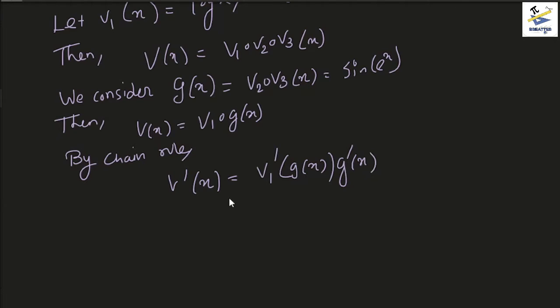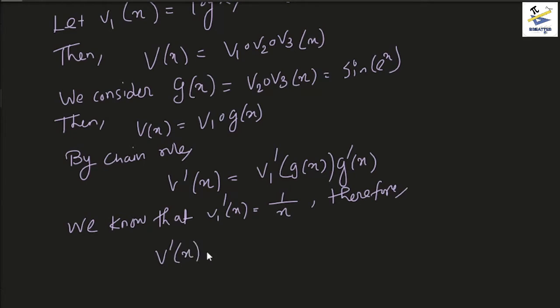Now what is v1 prime of x? Since v1 of x is log x, we know that v1 prime of x is just equal to 1 by x. Therefore v prime of x would just be equal to 1 by g of x into g prime of x, or in other words, g prime of x by g of x. Okay,